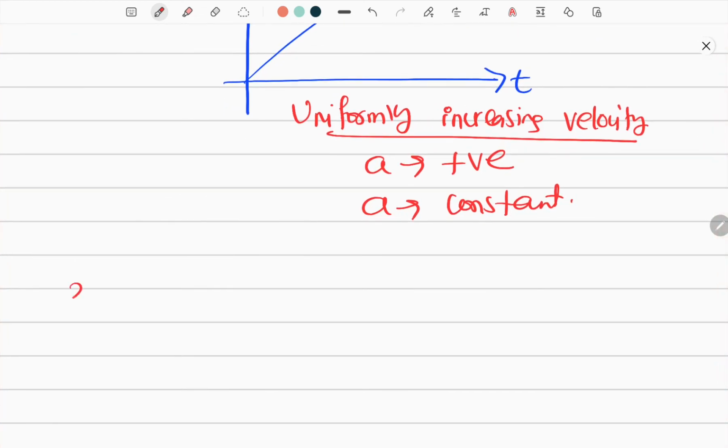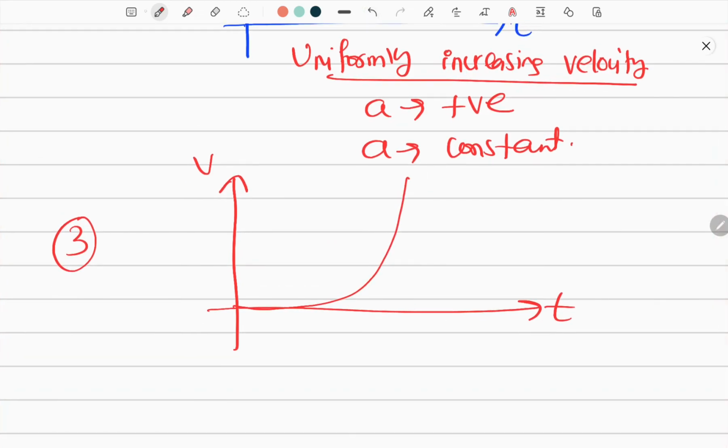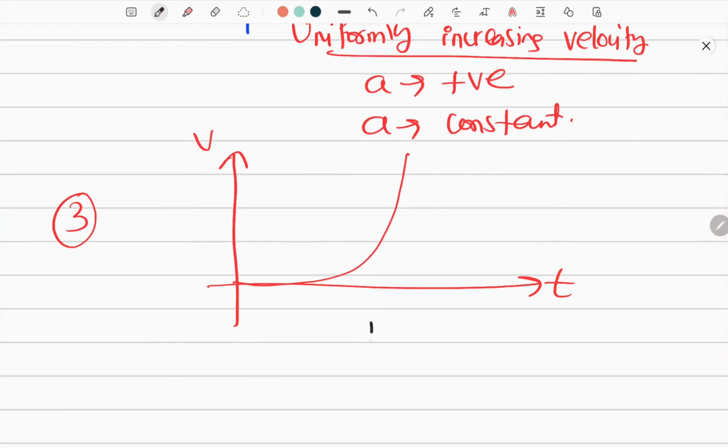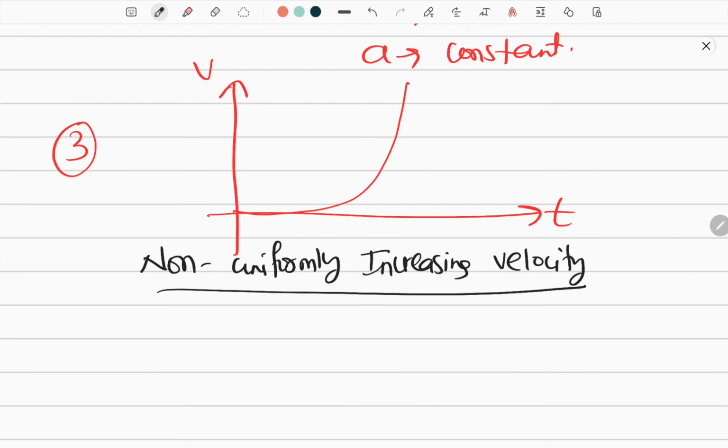All right, now the third one. If you draw the graph like this, this is T and this is V, and if you draw any graph like this, otherwise you take this graph first. How about this? Definitely this is increasing velocity, there is no doubt in that, my dear children. This is increasing velocity for sure. But how is it increasing? It is increasing non-uniformly. So it is a non-uniformly increasing velocity. And increasing velocity means acceleration will be positive, but whatever acceleration is there,